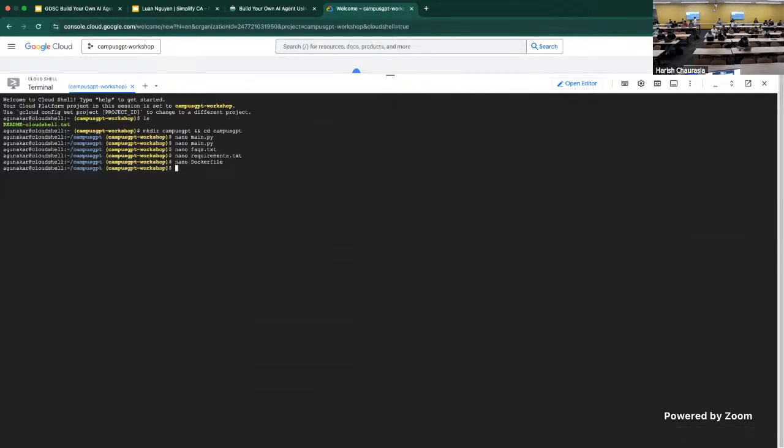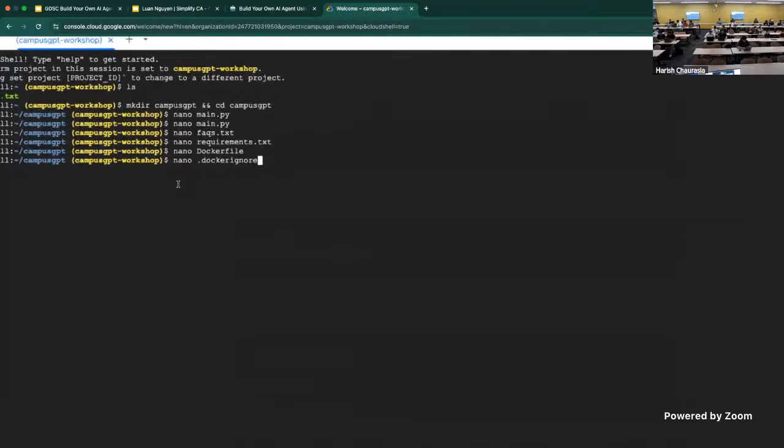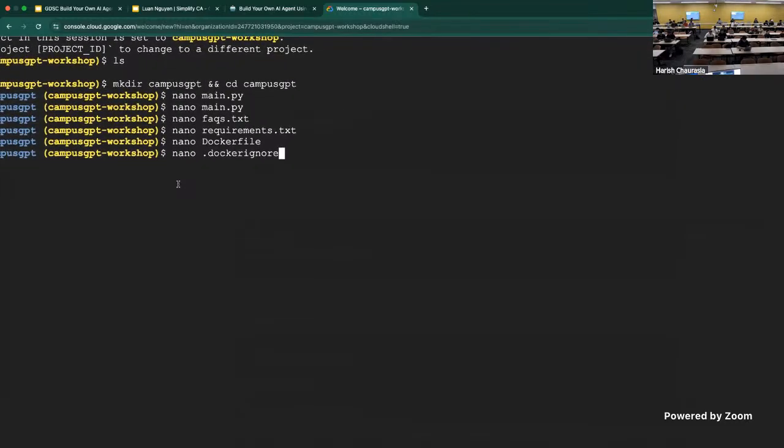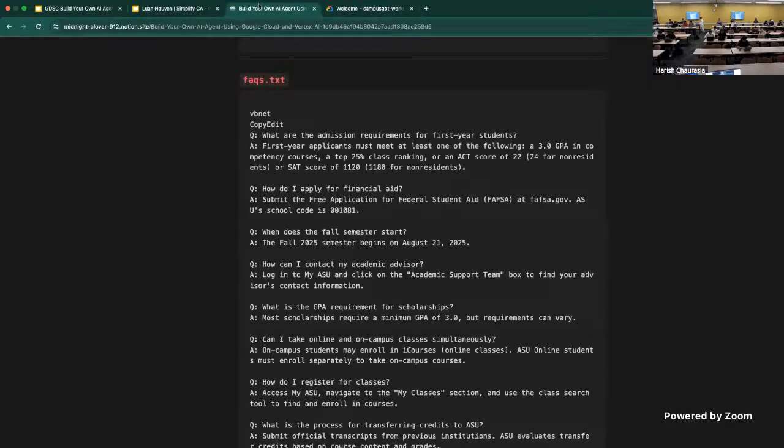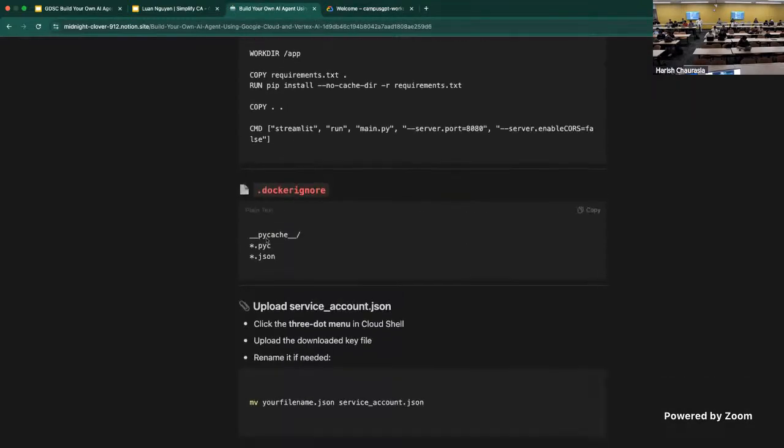One of the reasons I usually prefer doing it through the Google Cloud Shell is you don't have to move between directories, because once you are containerizing your app, you have to make sure that all the directories are correct. Otherwise, it won't build your application. Now, the last part is creating a Docker ignore file. All right, in our docker.ignore,